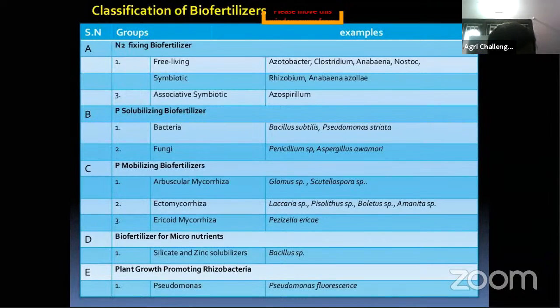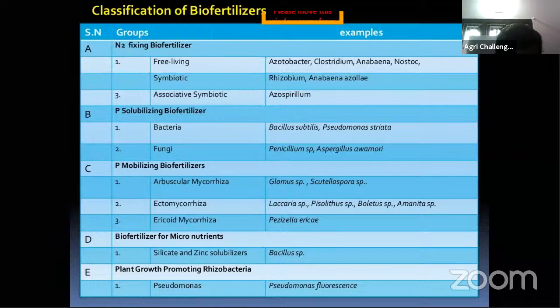Then coming to phosphorus mobilizing: vesicular arbuscular mycorrhiza, VAM. Second, endo, ecto, and endo-ecto type mycorrhizas are there. When it infects the roots of the crop, it increases the root surface area, so it is easy for roots to intercept or contact the phosphorus fertilizers for uptake.